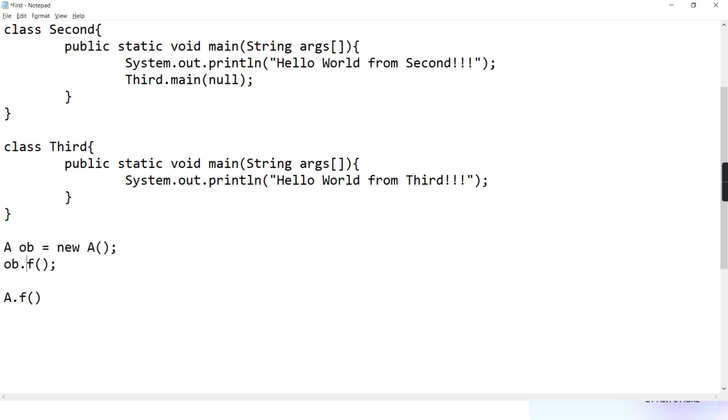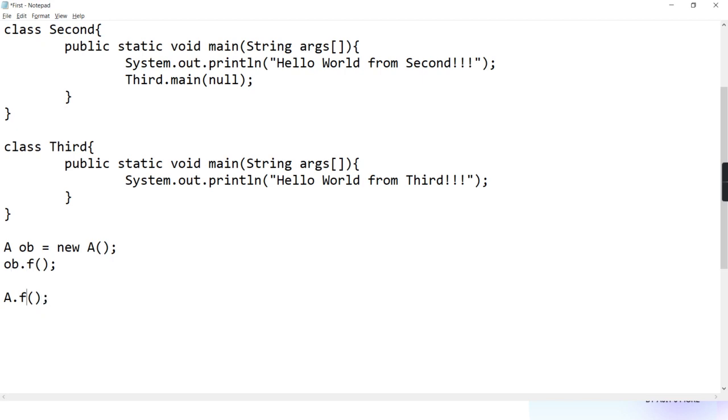Instance. Yes, because to invoke it, what is associated with it? To invoke it, to invoke means to call it, it is getting called in context of what? What is associated with it? Object. And object means instance of that class. Instance means copy of that class. So when the method is invoked in context of object, we call it an instance method.